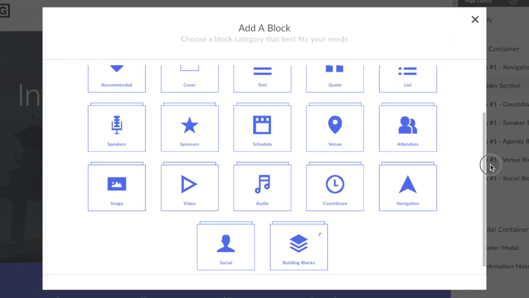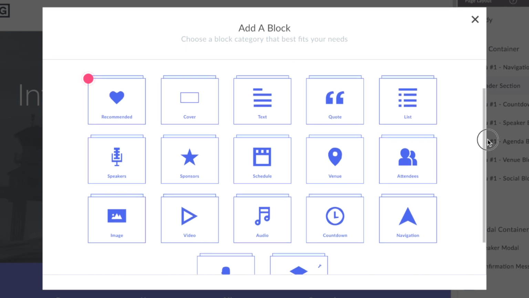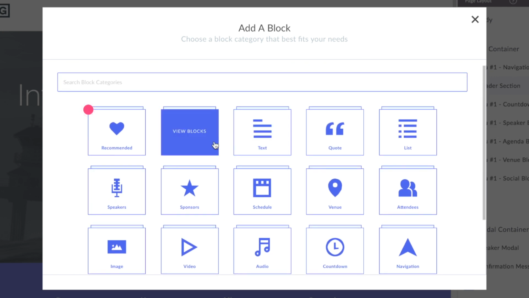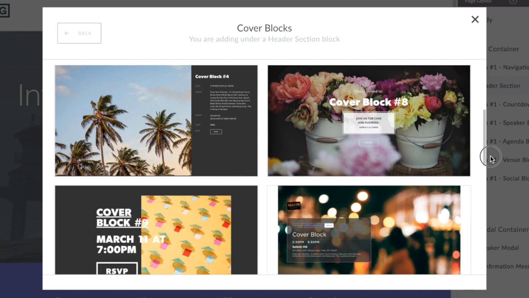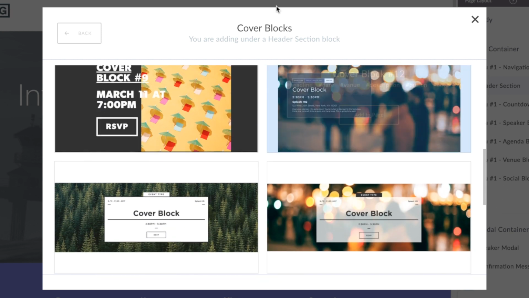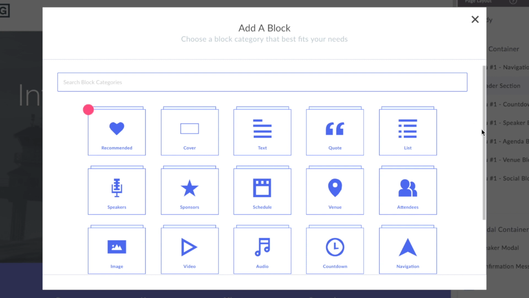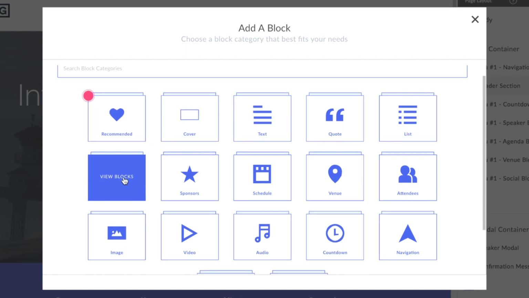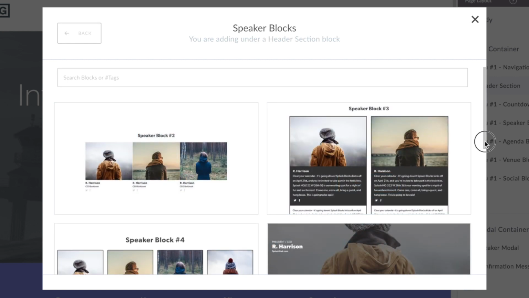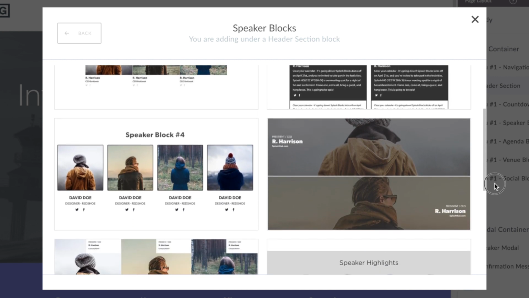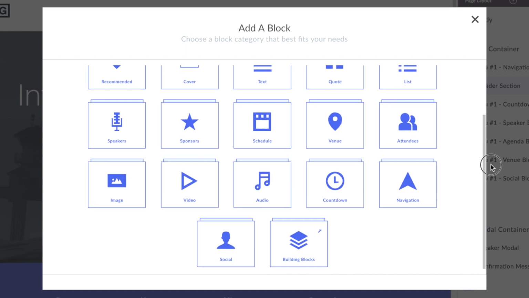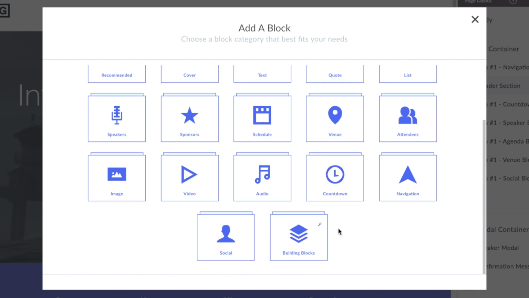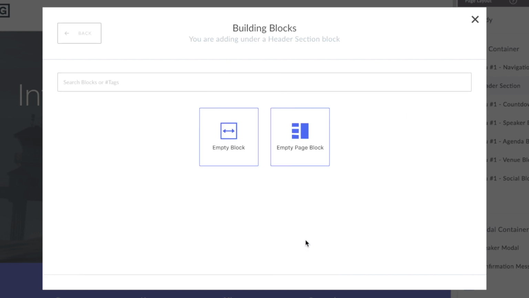to select from. Each folder holds around 5 to 10 options. It is definitely worth a designer's time to spend 10 minutes in this section of the tool simply perusing all the options. We never want a designer to feel intimidated about having to create a block from complete scratch, so we give them a number of different solutions up front to give them a positive head start. But if they would rather add a blank block to the page, they can select the folder marked Building Blocks.